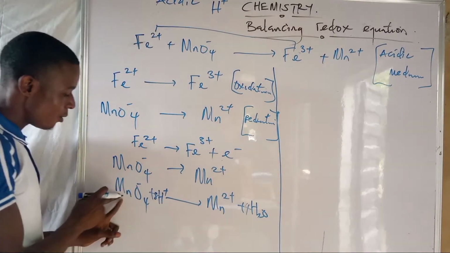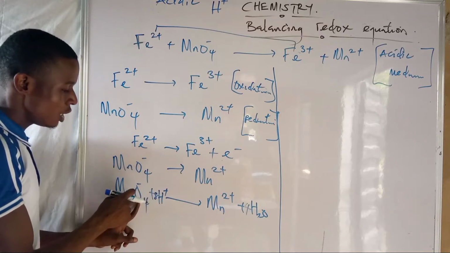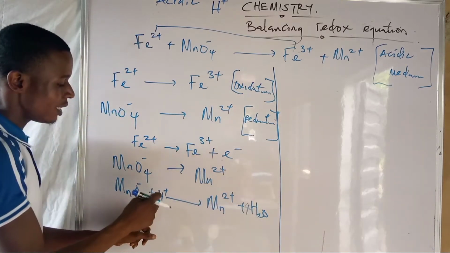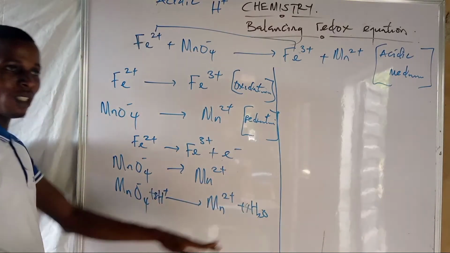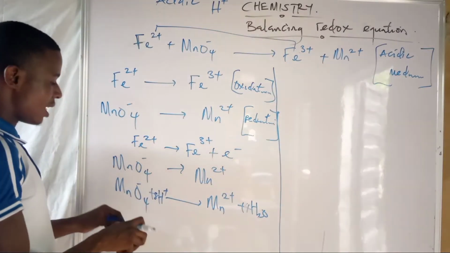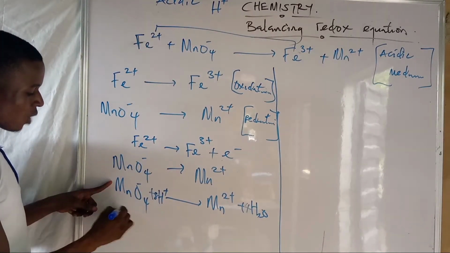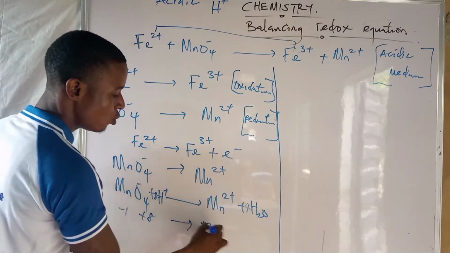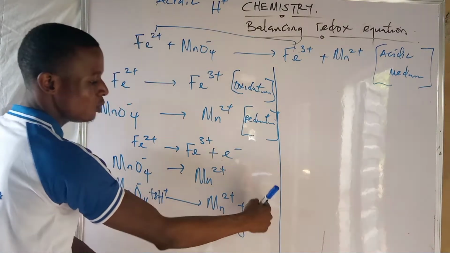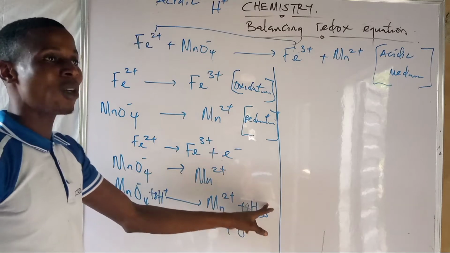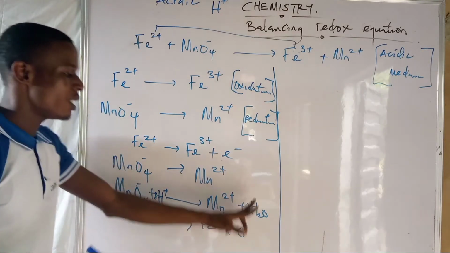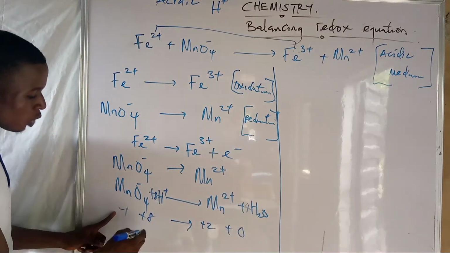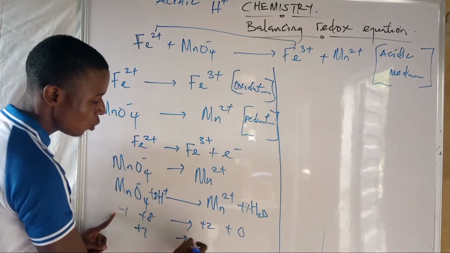Let's check it. We have 1 manganese, 1. Oxygen is 4. Hydrogen is 8 here; 4 times 2 is 8, which means it's balanced. Let's come to charge. We have minus 1 plus 8, giving us plus 7, going to plus 2 plus 0. I've told you any substance that is not carrying charge has 0 oxidation state. So this one will give us plus 7 going to